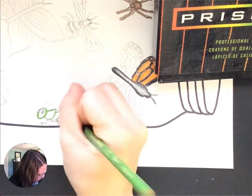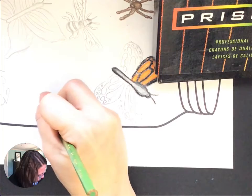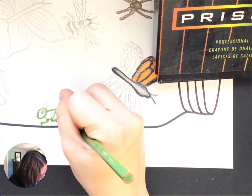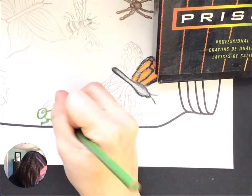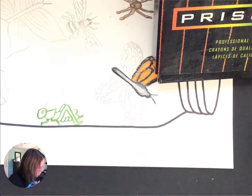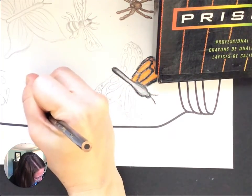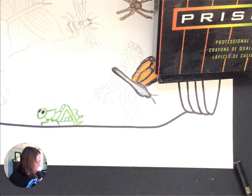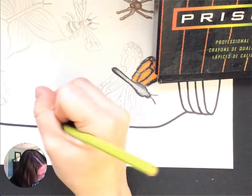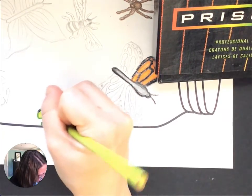And then we're going to go back and fill in with the lighter green. I'm going to make all of the skinny legs just a solid green. Okay. I need the black for his eyeballs, so I'm going to put that in. All right, so now I'm going to take that chartreusey green again, that limey green, and I'm going to fill in